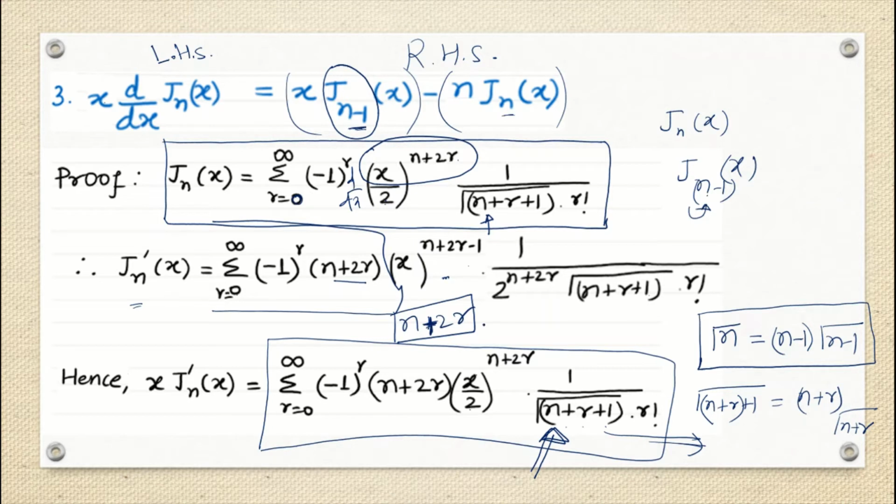Can I convert this n plus 2r into this n plus r? Somehow this arrangement can be written as n plus r, and then this is your n plus 2r. So yes, I think I can do. How will we be doing it?